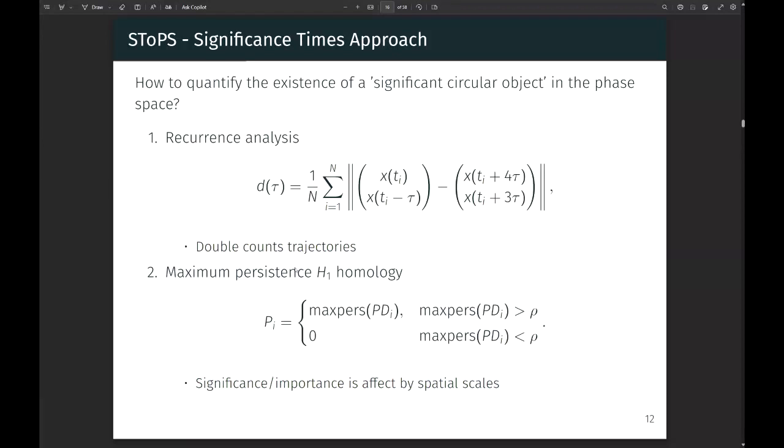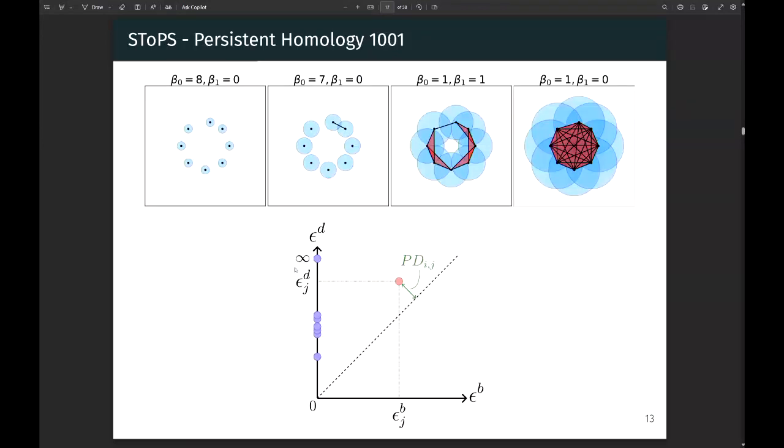I'll go through that in the next slide because I know homology may not make sense to a lot of people right now. What I mean by homology is, suppose we had 8 data points. Maybe these are the 8 data points corresponding to a strand that you've sampled. So for example, we're testing a tau of 2. In this case, we grow little epsilon balls around every single point.